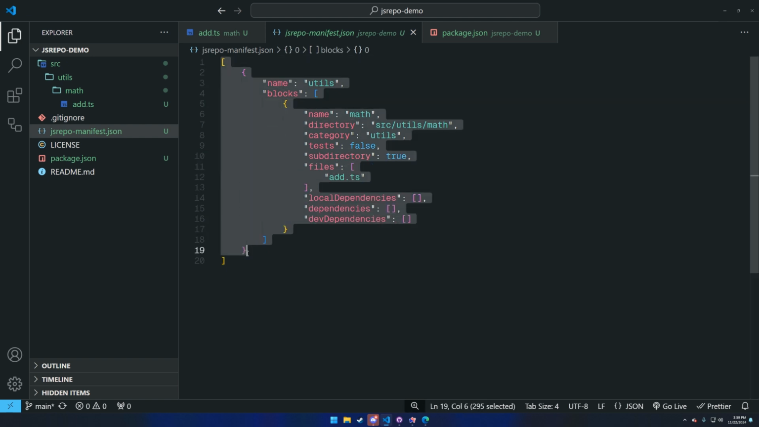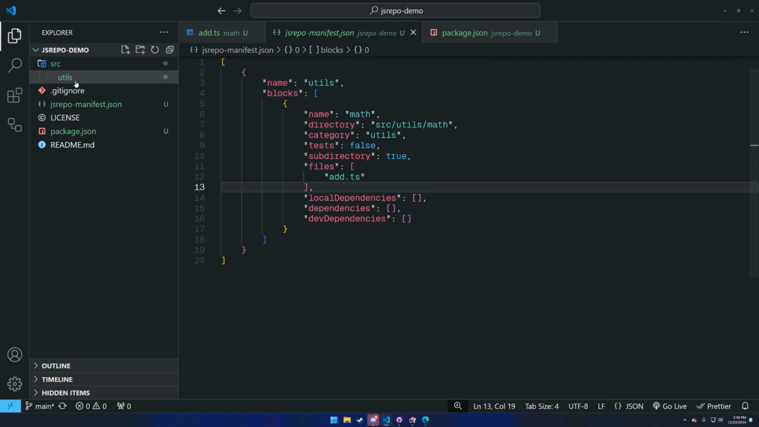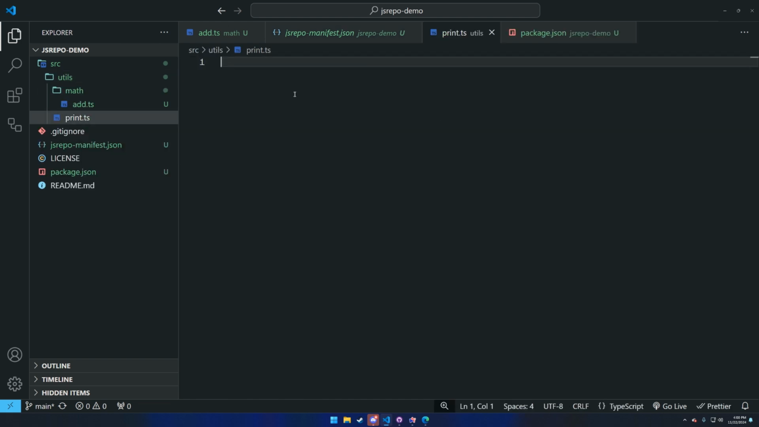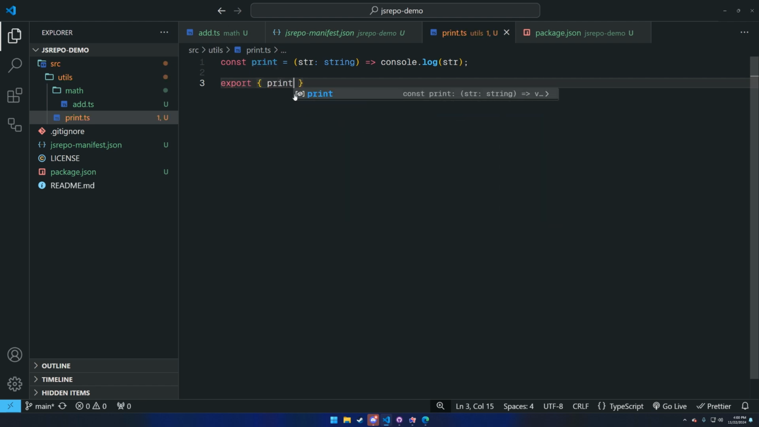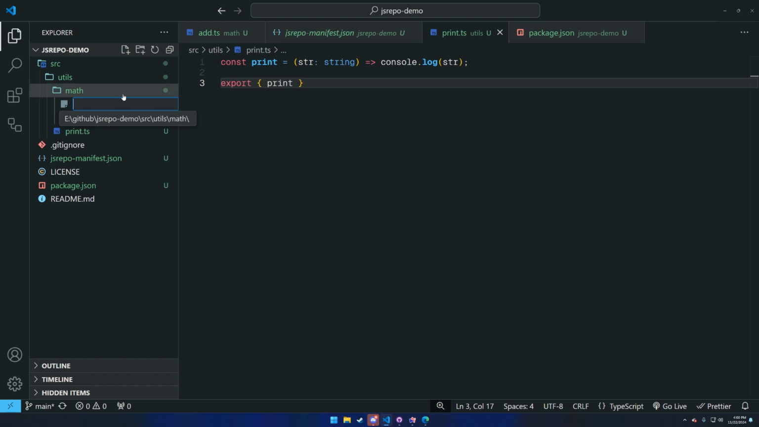Inside, you'll have this array of categories. So in my case, I have utils, right? And then here's your blocks. So right now we have math. So let's go ahead and add another block so that this block can import that block. I'm going to go ahead and add a block called print. And we're going to say const print equals str, a string. And we're just going to console log whatever we get. And we'll export that. And then let's go ahead and add another one called print